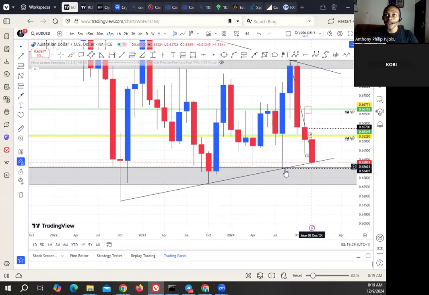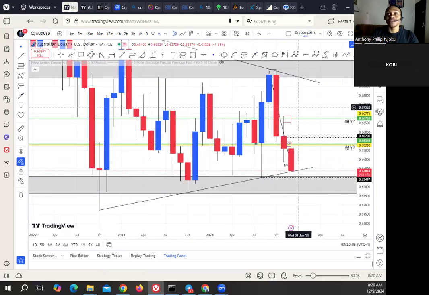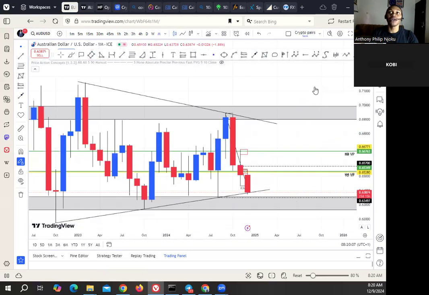And there could be a rejection without getting to this liquidity point, this previous low, because you can see the market has been creating higher highs and has not gone below this low ever since. This low is higher than this low. This low is higher than this low. So there are chances that we'll see a push to the